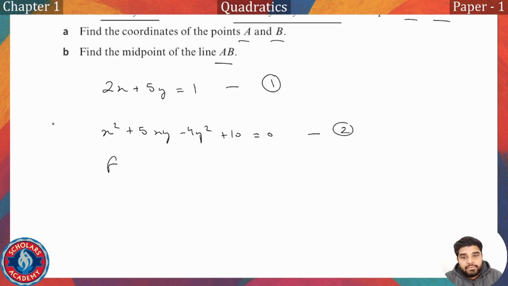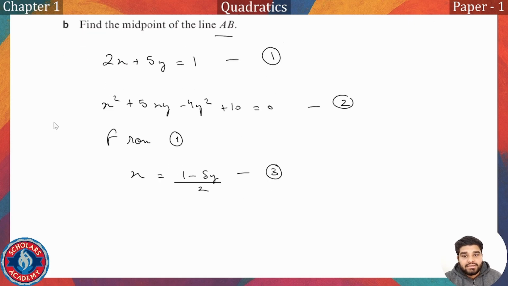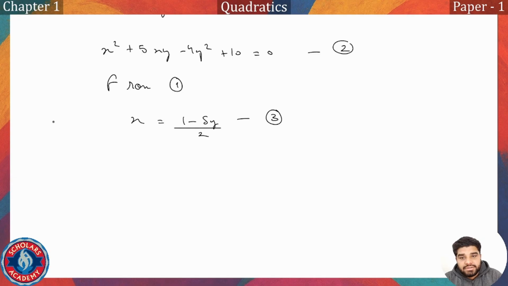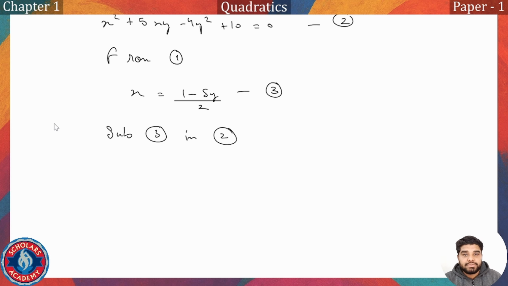So we can start from equation number 1. So from 1 we can say x is equal to (1 minus 5y) by 2. We can mark this equation as 3. So substituting equation number 3 in 2, we get